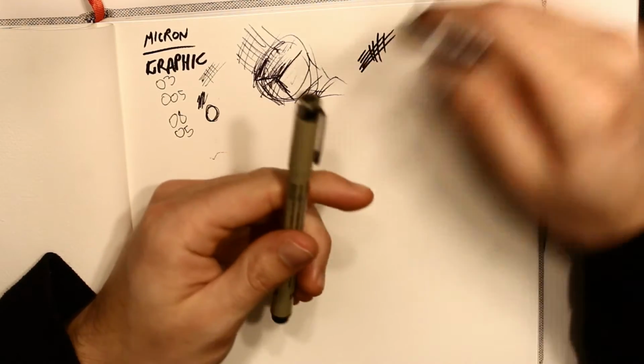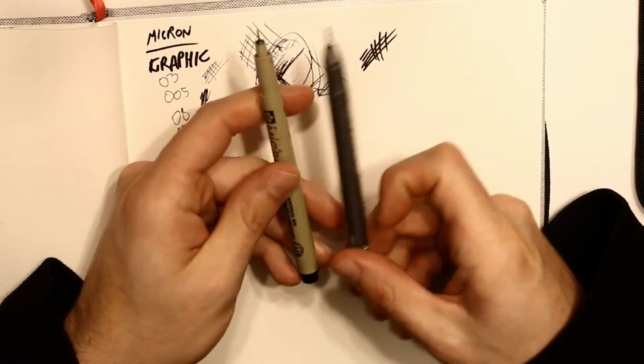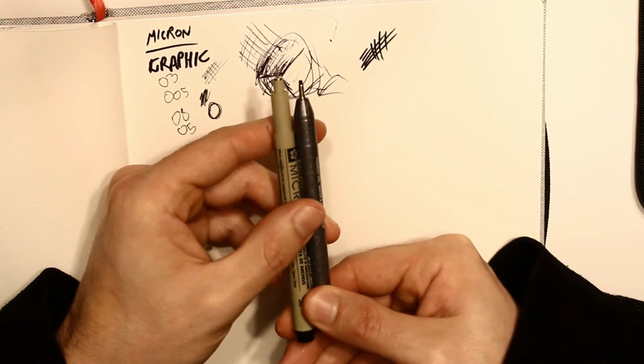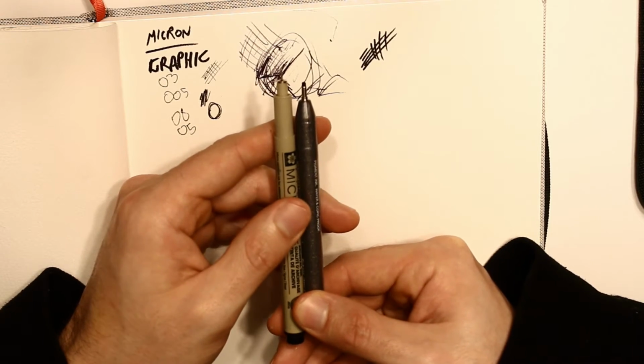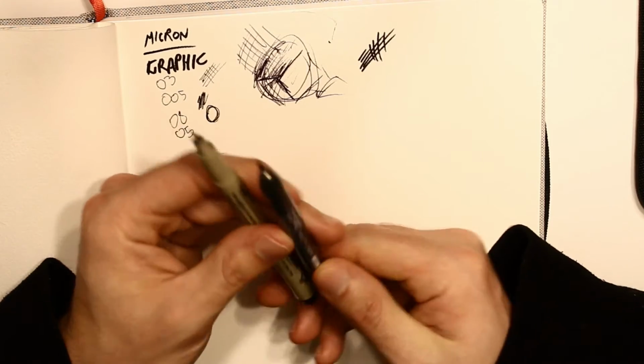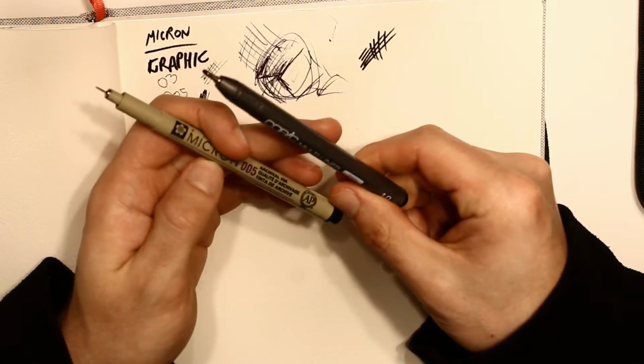Well, see, the thing is, let's see. Compared to a naked Micron pen. Yeah, see, it is shorter. I'm not crazy. The Micron pens are a little bit longer. I feel like I'm a little too close to the page when I use these. They're not terrible. I mean, I'd say try these both if you're just looking for a decent pen